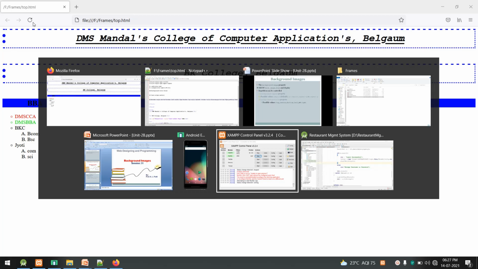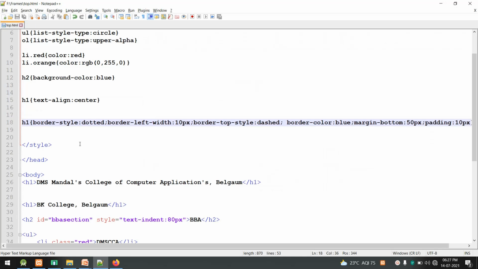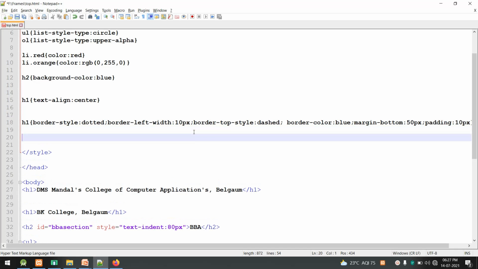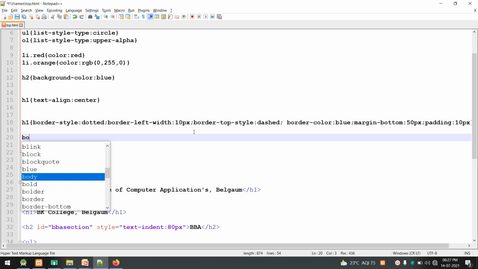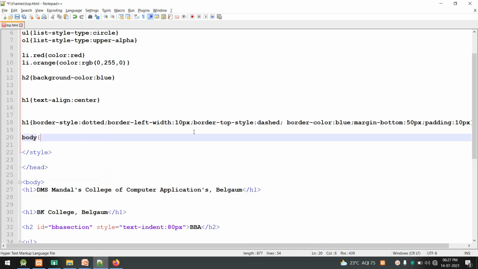To display an image for a background, in the CSS inside the style tag, we have to define a background image for an element. As I've said, we need a background for a complete page, so we have to use body as the selector. Body defines the complete page, so the image is applied to the whole page; otherwise it will be applied to a particular element.